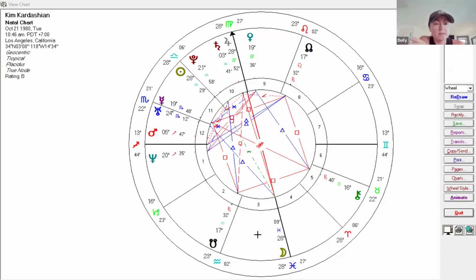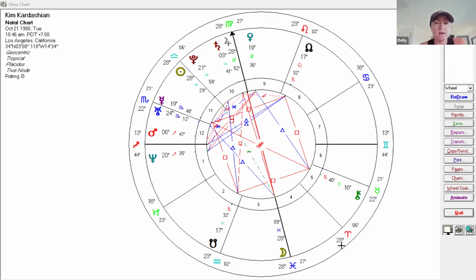First and foremost, you have to be familiar with the glyphs that represent the different signs, because if you don't know what glyph represents Aries, then you're never going to be able to find it in your chart, right? So I'm going to show you that first. This is Aries, this little thing that looks like the ram's horns. So you want to find that symbol in your chart. And for Kim, you will find it on the cusp between her fourth and fifth house. That is at 28 degrees of Aries.